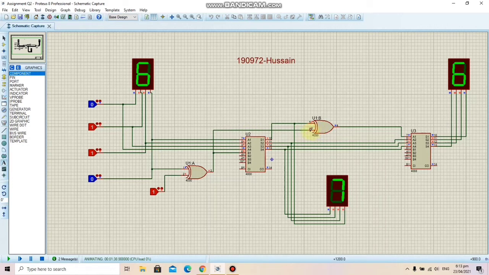So if we have 1 here, and as we have added 1 to our even input, our least significant bit will naturally also be 1 here. So 1 and 1 will give us an output of 0.